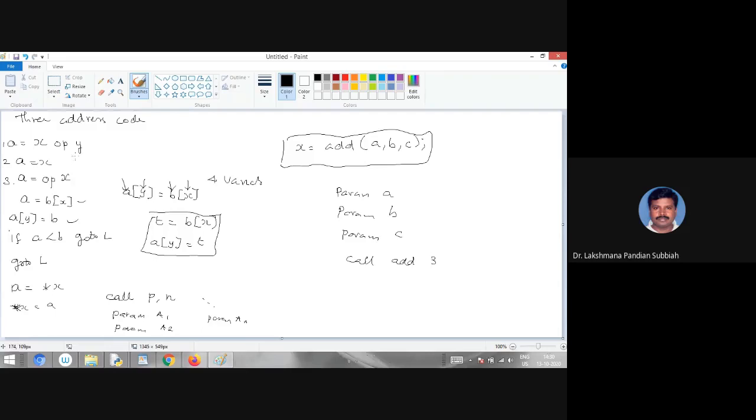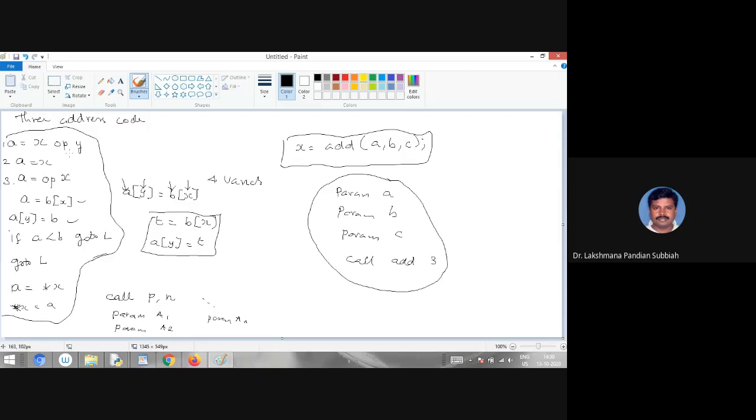So these are all the statements. Whatever statement you have written is converted into this form. This operator may be a relational operator, an arithmetic operator, or whatever operator it may be.